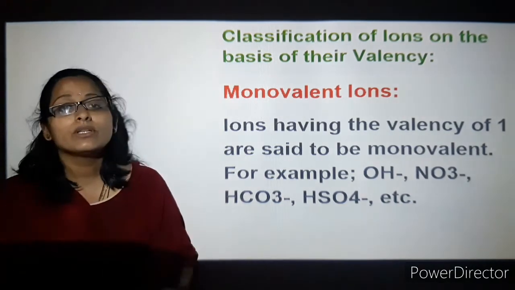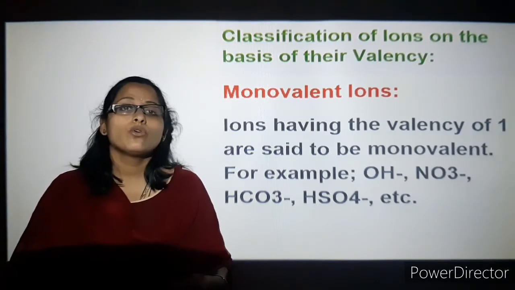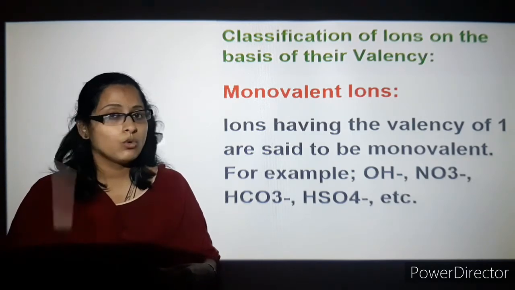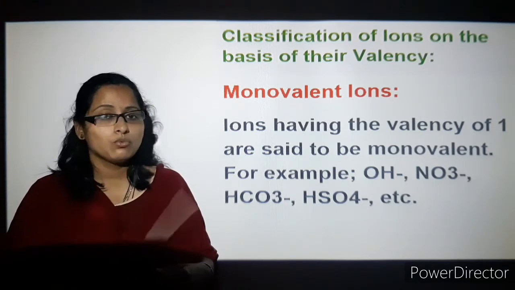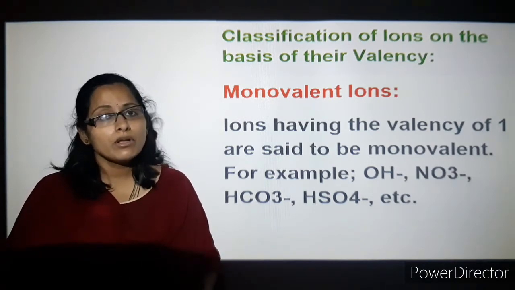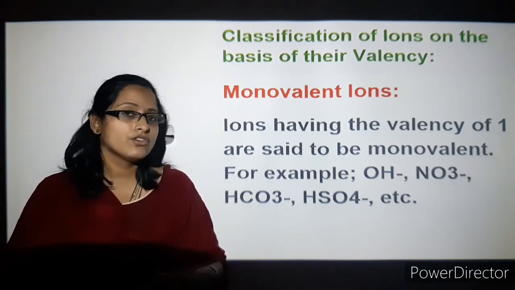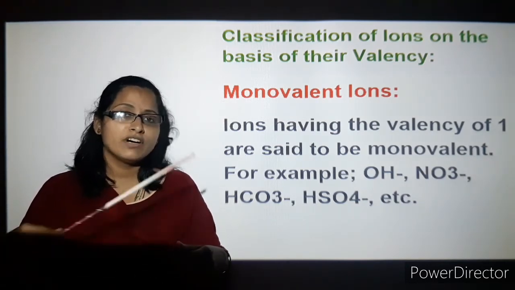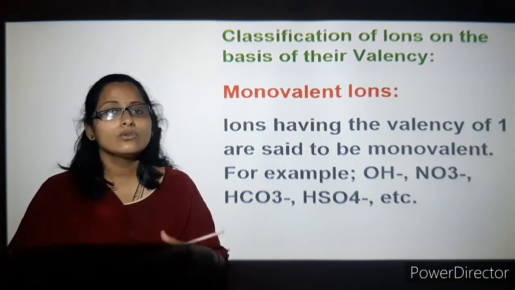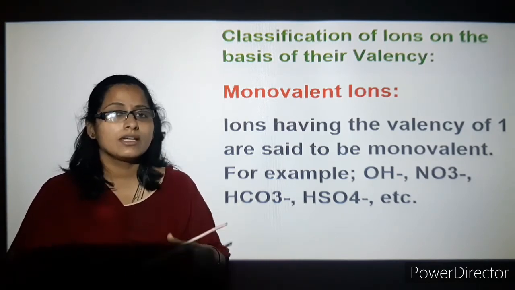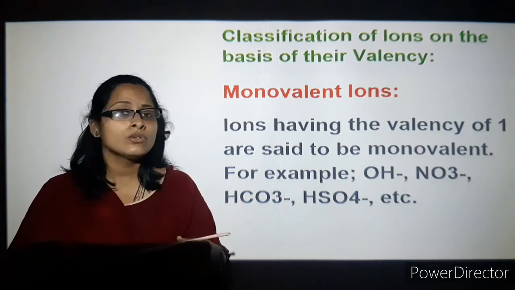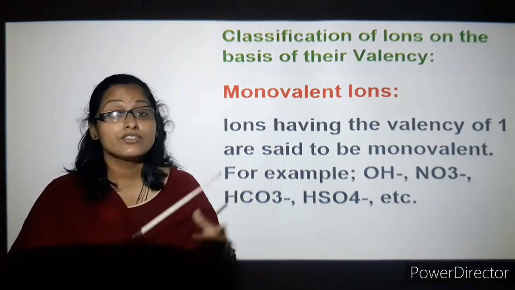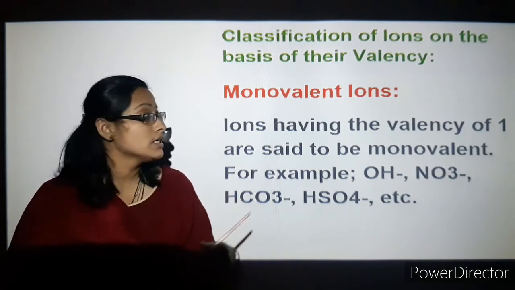So let's understand the monovalent ions. Monovalent ions will have only one electron in the outermost shell, and will have a valency of 1. Let's again take the example of sodium. Its electronic configuration is 2, 8, 1. As I had told, the first shell will have 2 electrons. Next you need to see whether it will be filled with 8, that is the octet. So the second shell fills with 8 electrons, and the third shell has 1. So your valency is 1.